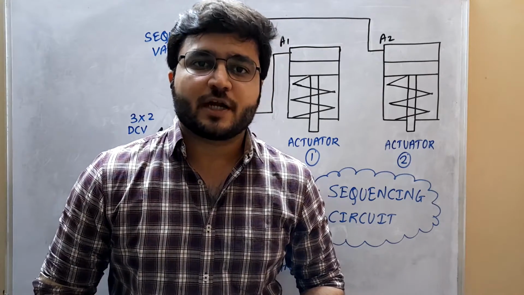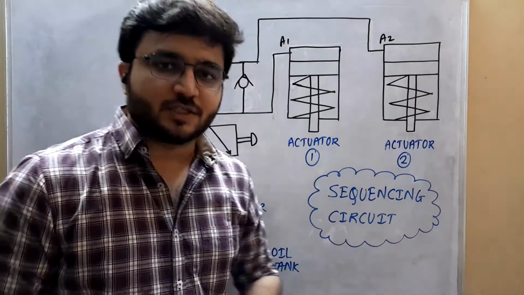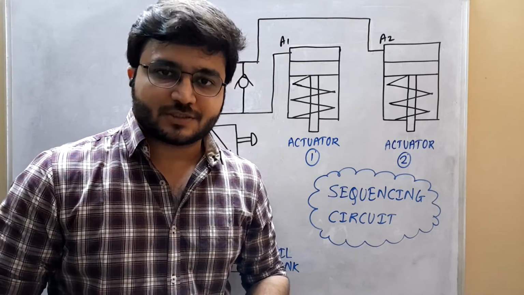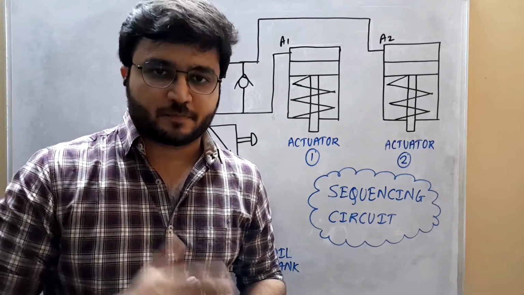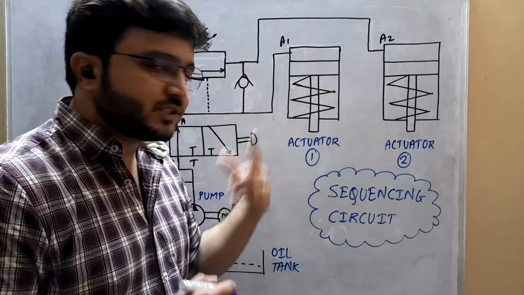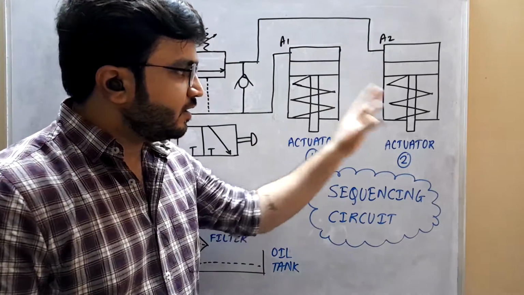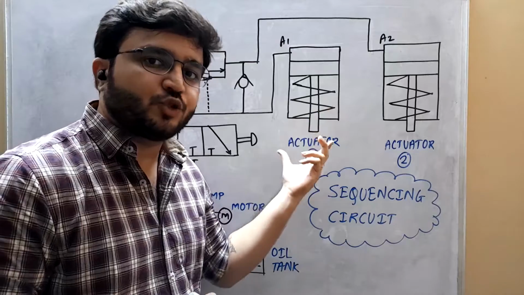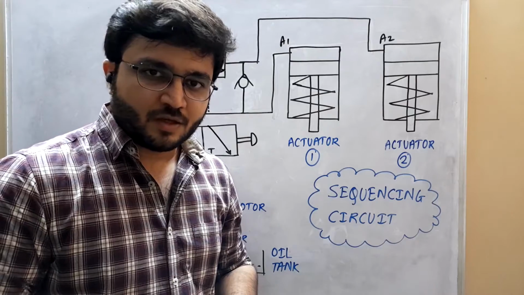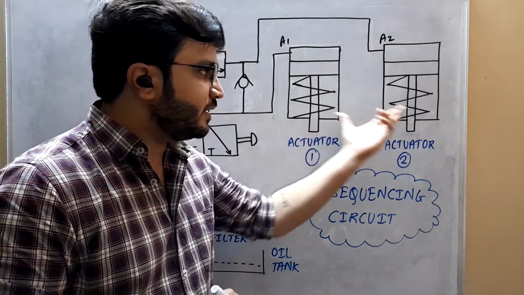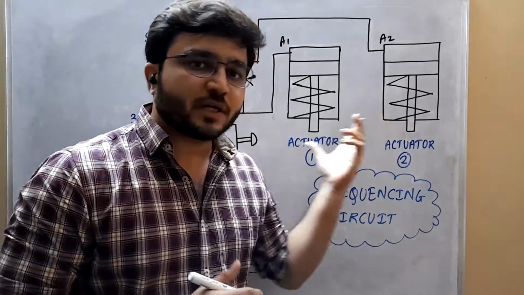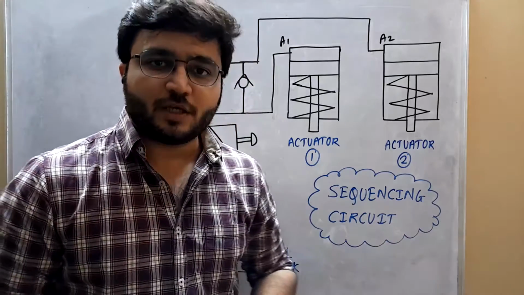Today we are going to see the next hydraulic circuit, that is known as sequencing circuit. So this circuit is basically used where we are supposed to perform the operations in sequence, that means one after the other. Suppose say we are having two actuators with us. First we are supposed to actuate this first actuator, and then after performing the forward and return stroke of actuator 1, we are supposed to carry out the return and forward stroke of the actuator 2. So in a way we are activating these actuators in sequence. So in cases where these sequential operations are to be performed, this circuit is going to be used.